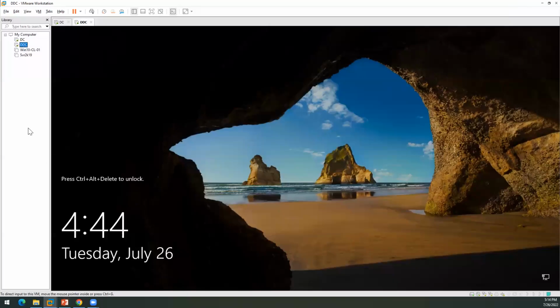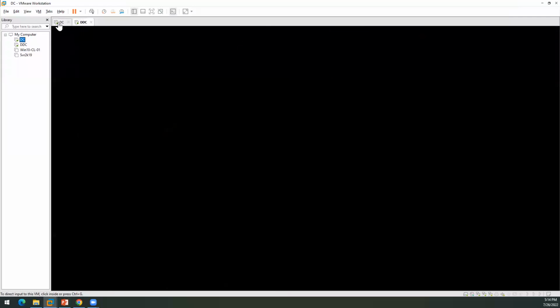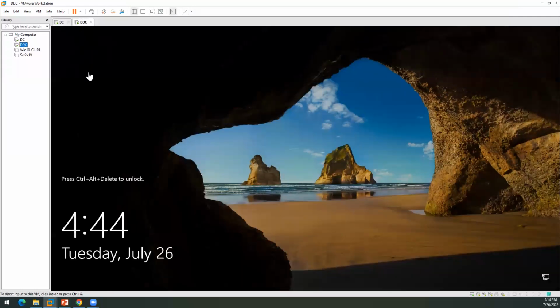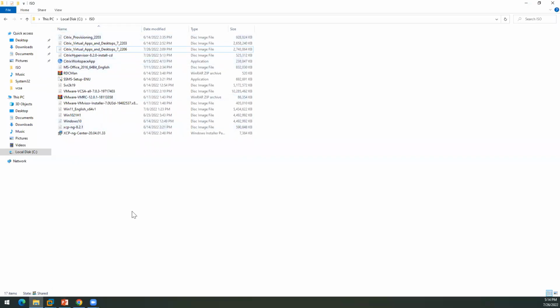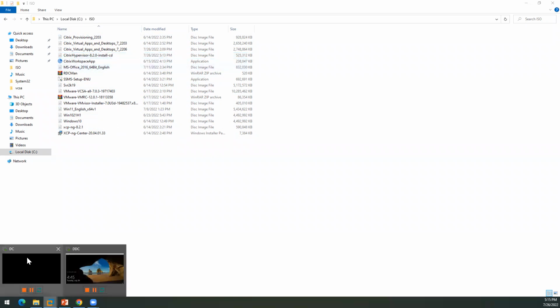So let's go back to the infra. So here is our infra, the delivery controller machine and domain controller, which we have created earlier. Now, we have to install one more virtual machine with Citrix Hypervisor operating system. So this is the ISO media that I'm going to use to deploy Citrix Hypervisor. The version is Citrix Hypervisor 8.2.0. Okay. So now go back to the VMware Workstation,